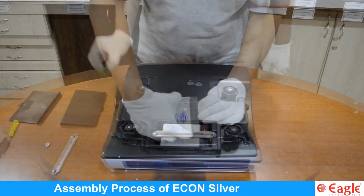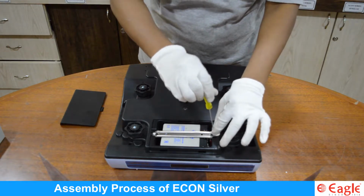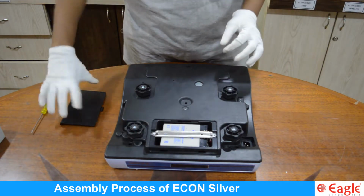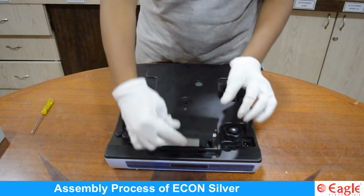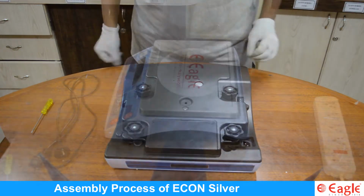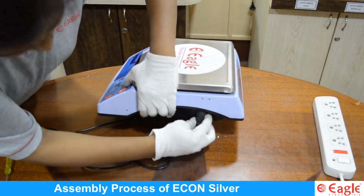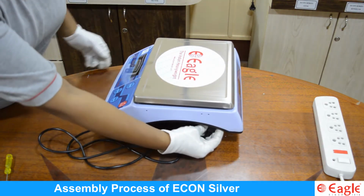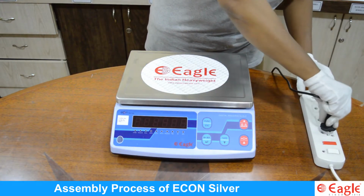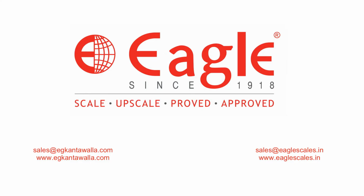Here you see the battery clamp and the battery lock. Remove the battery clamp by using the screwdriver. Remove the clamp first. Connect the battery point. After connecting, you will find this plastic